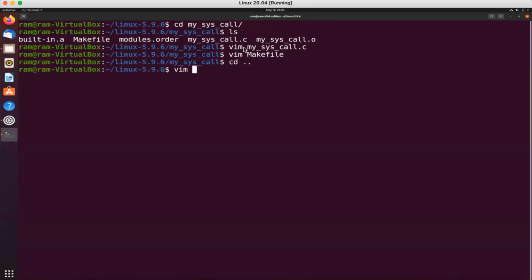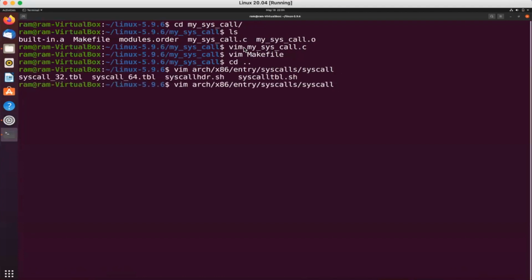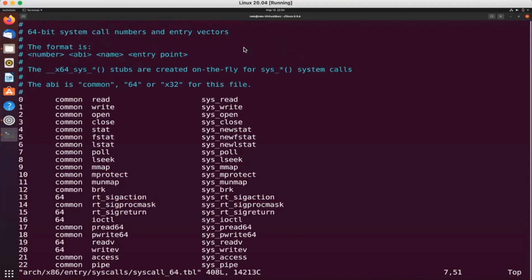The system call table is specific to an architecture. For x86, you can find it on this path. So this is the system calls table.